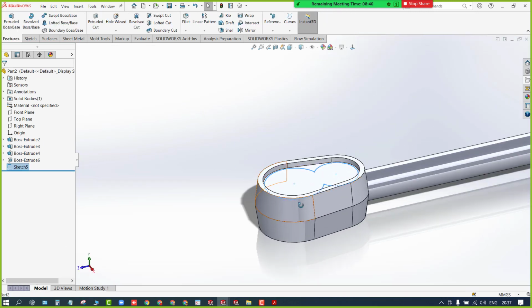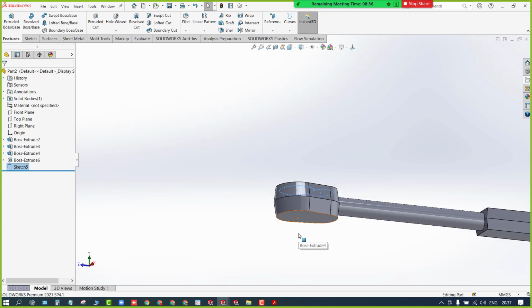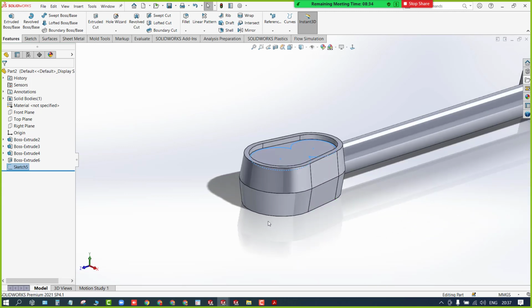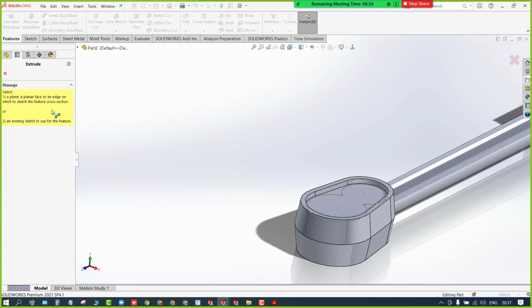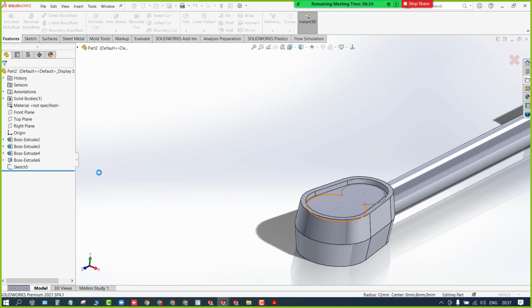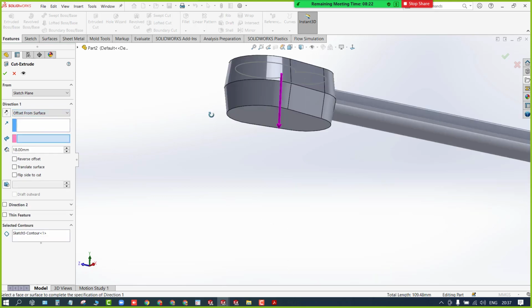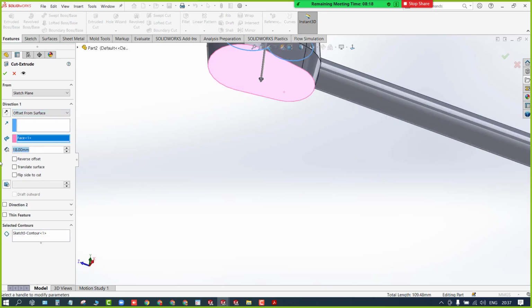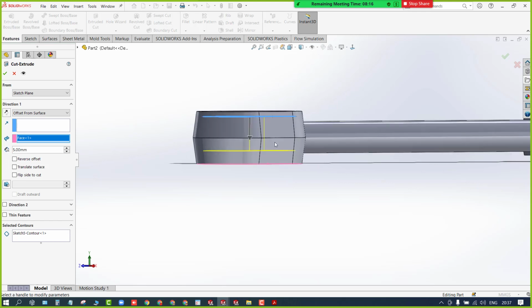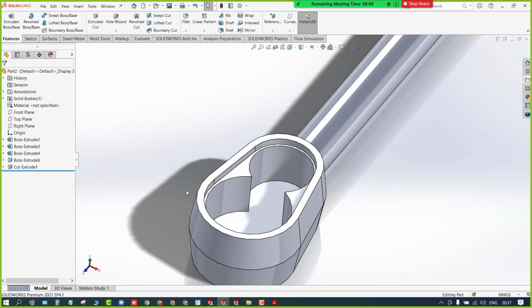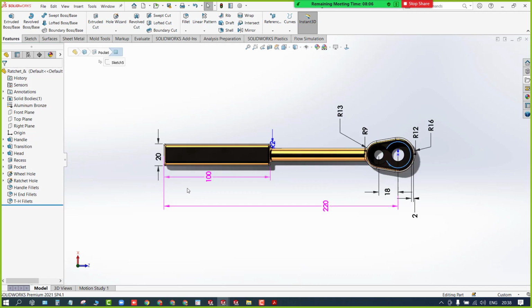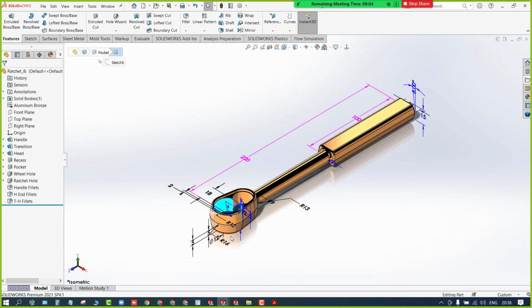But I don't know the depth of it. Okay, I know that from the bottom face it is 5 mm above the cut. So what you can do is use the extruded cut and select the sketch. From here we have the option that is offset from the surface. Select the surface. From here you define it as 5 mm above. Up to 5 mm it will leave the portion and the remaining it will cut. Clear? Any doubts there? If I'm fast, just let me know and I'll slow down, okay?